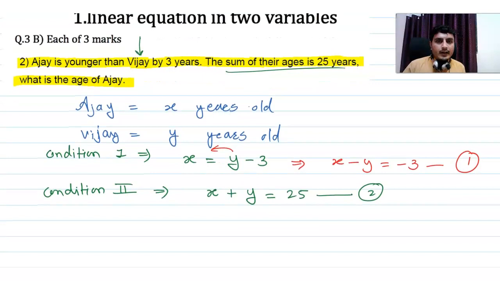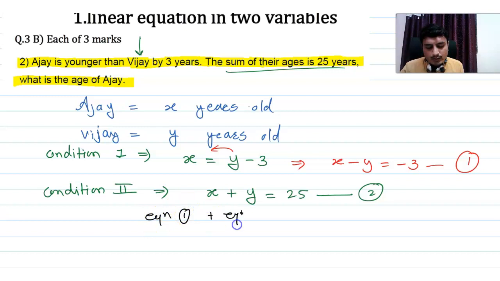Look at equations 1 and 2 carefully. The coefficient of y in equation 1 is -1 and in equation 2 is 1. Since they have unlike signs, one minus and the other plus, we have to add up equations 1 and 2 to find the value of x, or ultimately to eliminate the variable y. Once we add equation 1 and equation 2, x plus x becomes 2x, while minus y plus y cancels and gives 0, equals minus 3 plus 25,